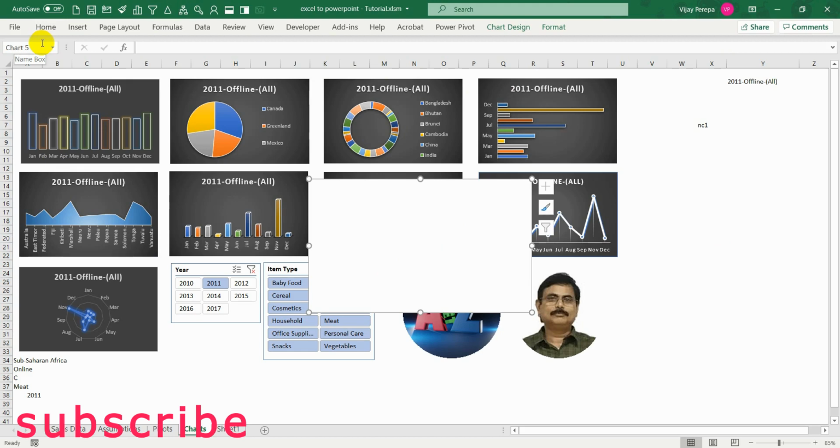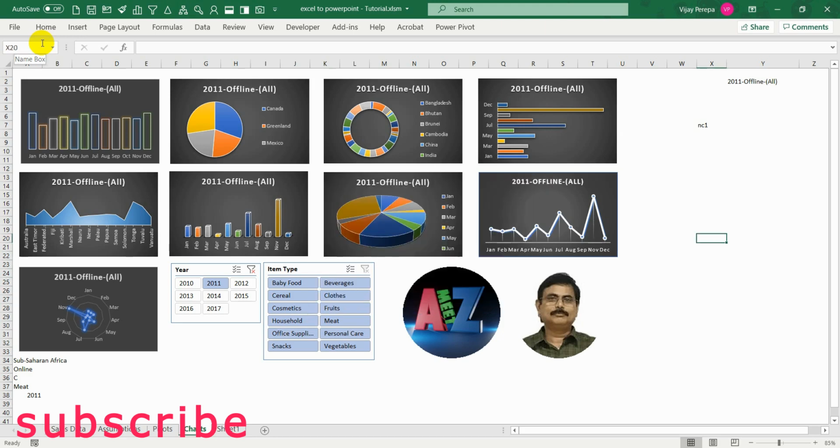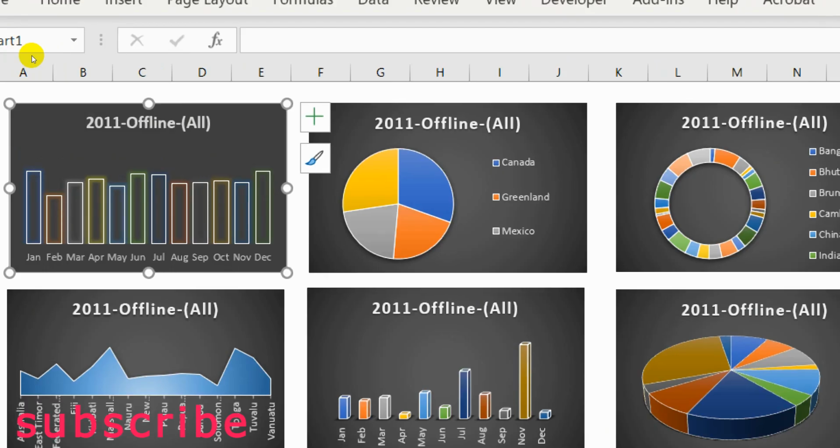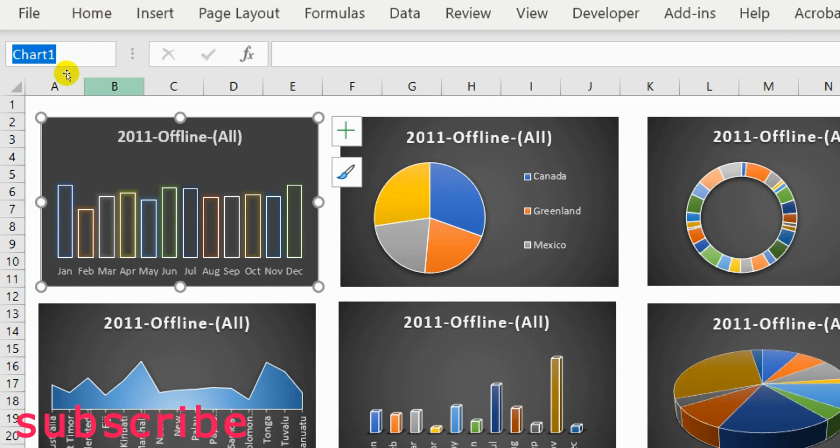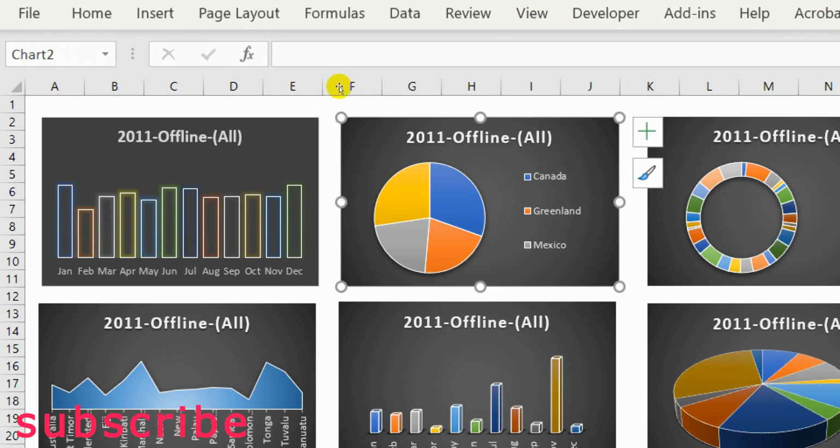So you do not know the sequence of the chart name, because you need to use this chart name within Excel VBA and even while pasting this into the slide. So you don't have any control when you keep the name Excel has given. To avoid that problem, I selected each chart and from the name box, I named them chart 1, chart 2 and chart 3.